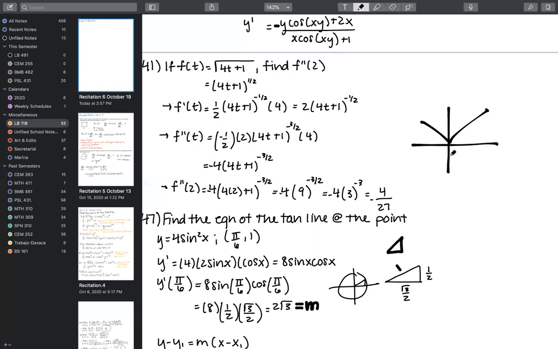For example, when I was looking through the true and false problems, they asked whether, if the function is continuous at a, then it is differentiable. This is an example, if a is equal to 0, of a function being continuous but not differentiable. So that would be probably the extent of what I would expect you to know for the exam as far as absolute value functions go.